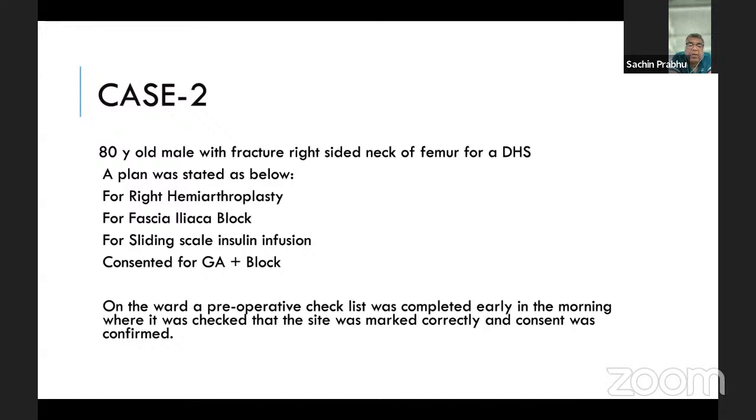So at least in our hospital and standard practice in the UK, when they leave the ward, there's a checklist. So they will check the patient's details, their date of birth, their name, their MRN number, and then consent, whether it's signed or not, whether it's the correct consent, if they've got dentures, if they've got implants, and so on and so forth. So that was done. Next slide, please.